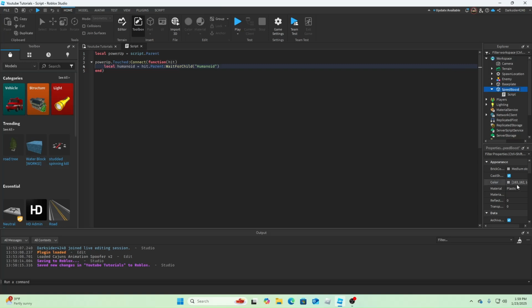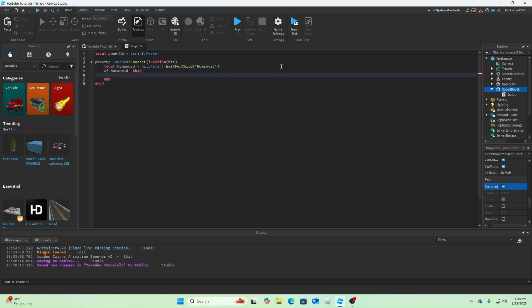Also anchor the part. It would just be better to anchor it. So we do that, and then if humanoid, then